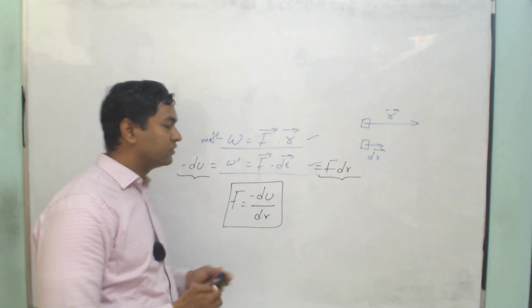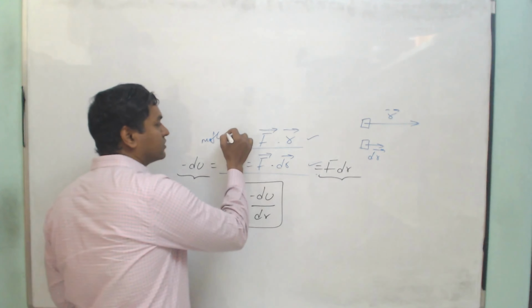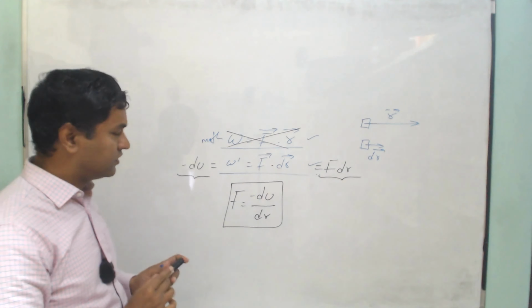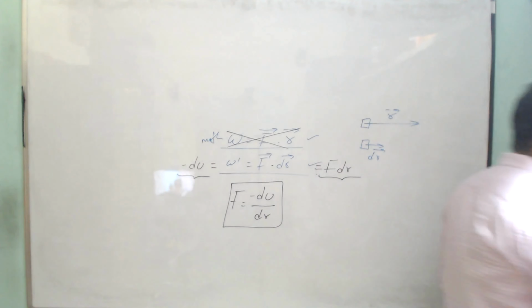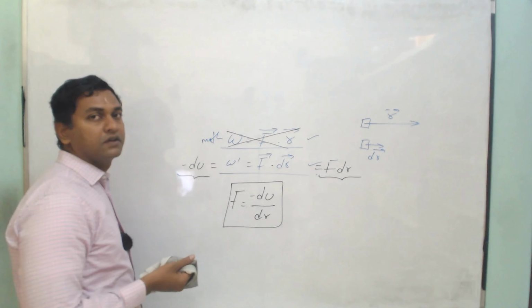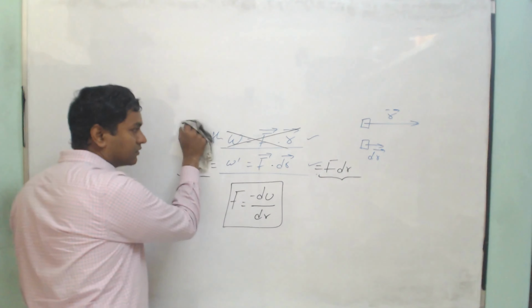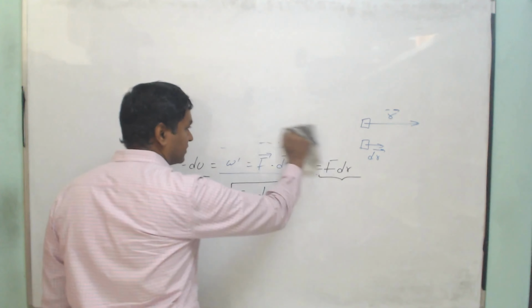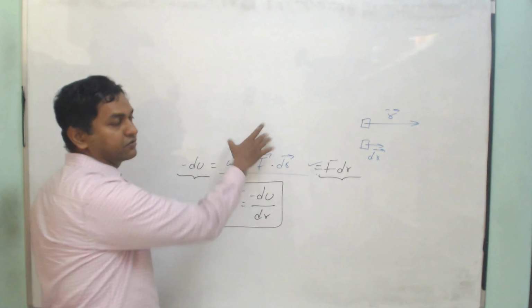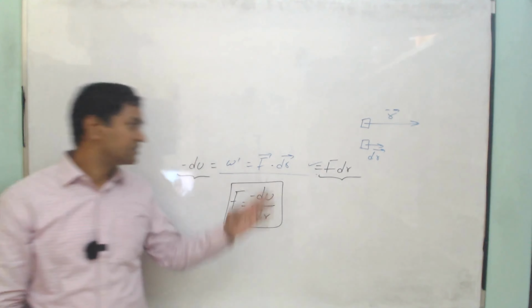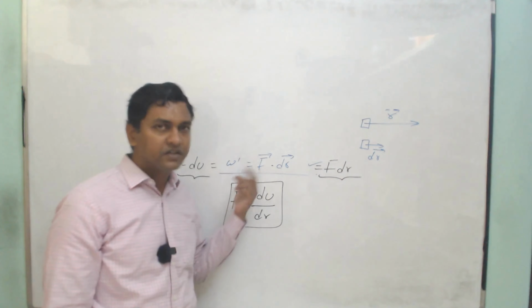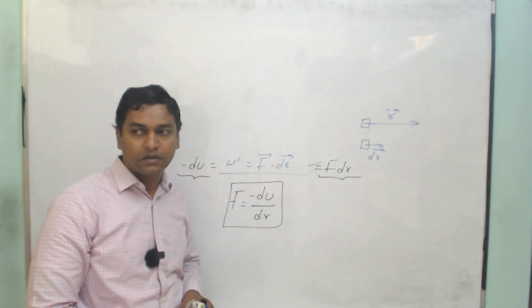So why I wrote the first equation was because we used it like that. It's not wrong. We used it from there. So from the reference from where we have used it, I wanted to start. Basically, instead of starting from there, if we start from here, because there is nothing wrong with writing it as dr bar. For small displacements dr bar, the work done can be written as F bar dot dr bar.